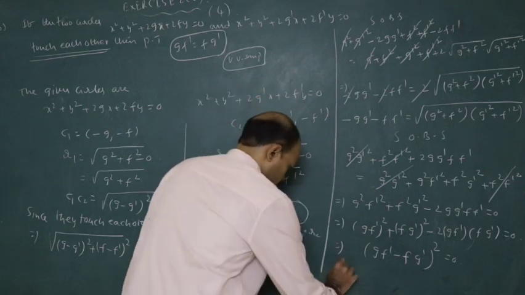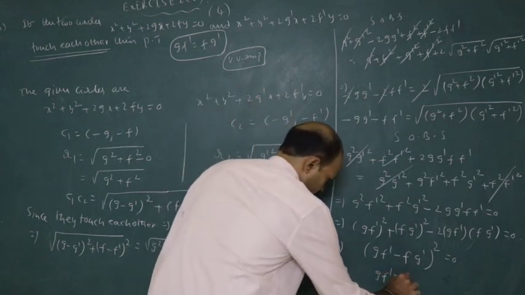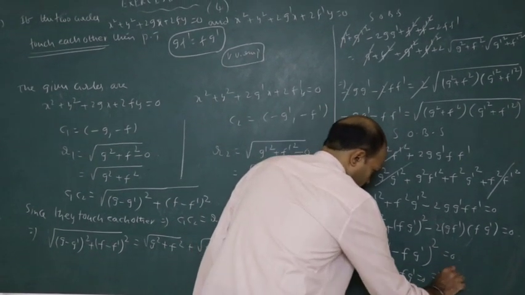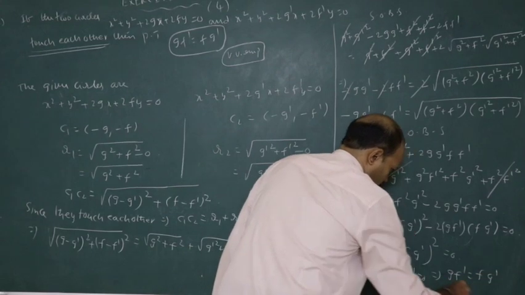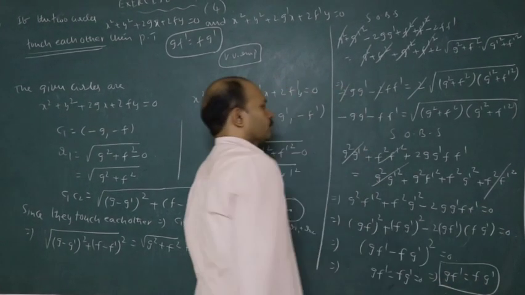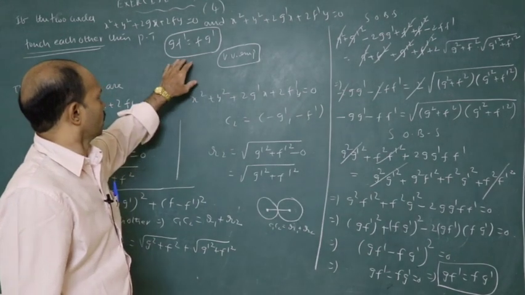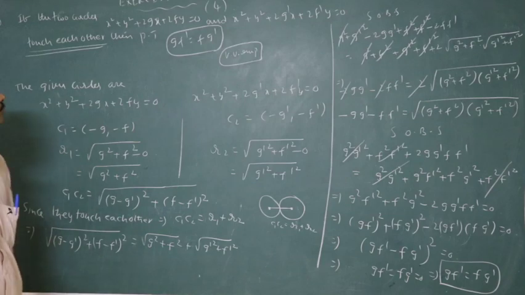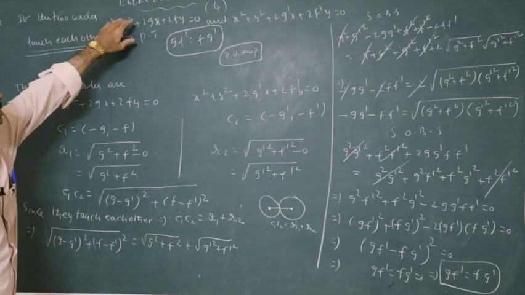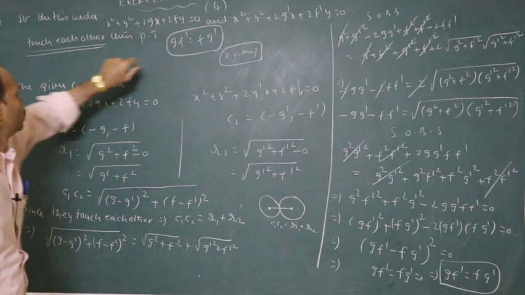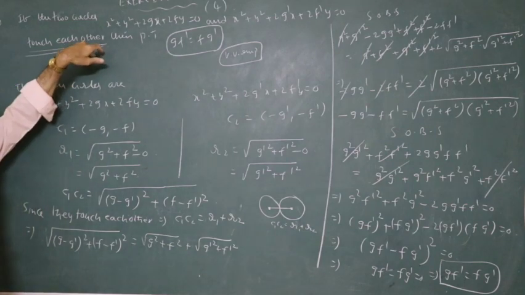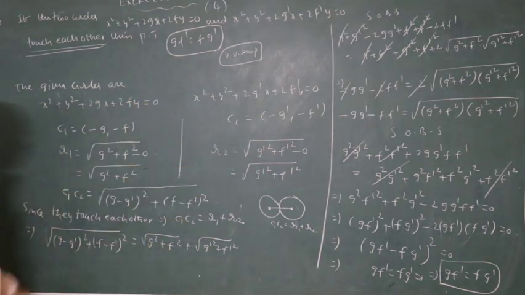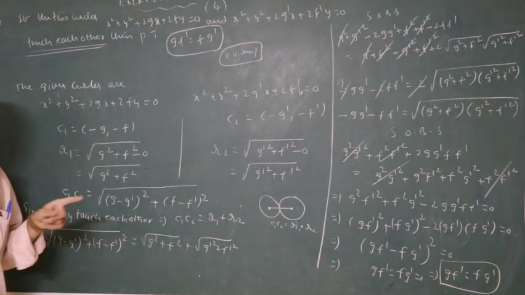Taking the square root, then we have gf dash is equal to fg dash. It follows gf dash and fg dash must be the same. That is our required conclusion, what he is asking us to show. Again, let us recall the solution of the above problem. If the two circles, circle 1 and circle 2, touch each other, then we have to show that particular condition. Of course, it is very important even for IP as well as objective.